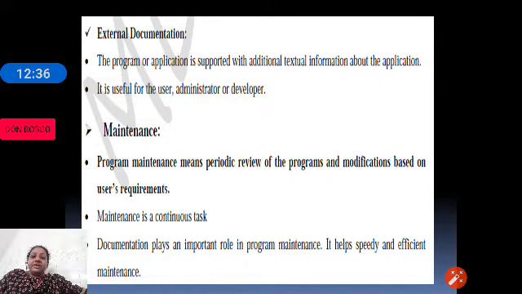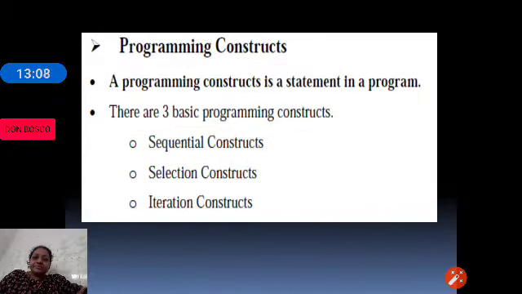Maintenance is a continuous task. If you want your program to survive, then continuous changes and updations are required to be done to that program, and that is called maintenance. Maintenance is nothing but adding or removing the unwanted modules, adding the required or the new modules, so that our program supports all the concepts. That is called program maintenance. So that is about program maintenance. That is the last problem solving methodology.